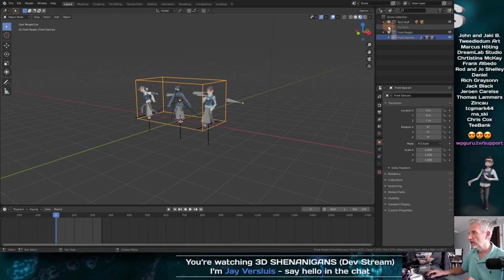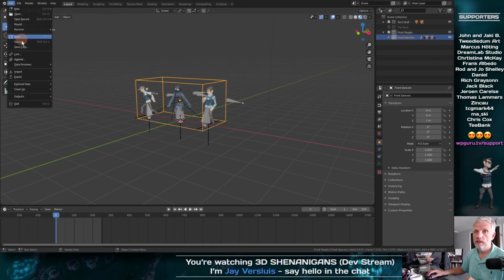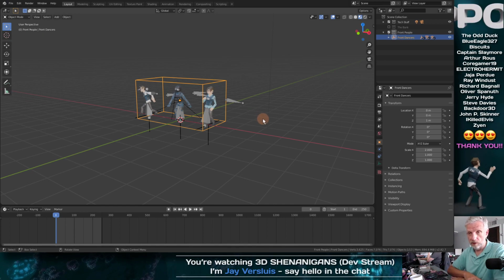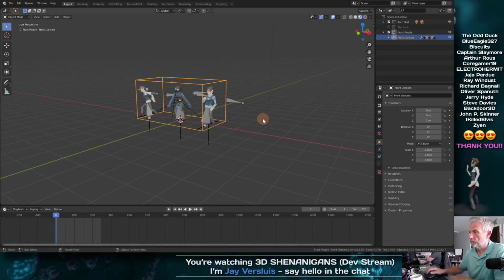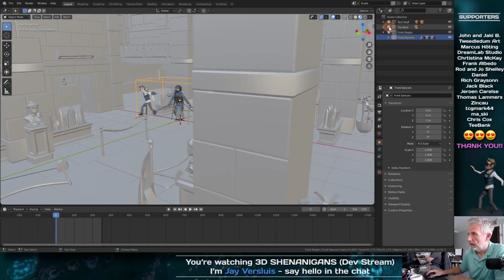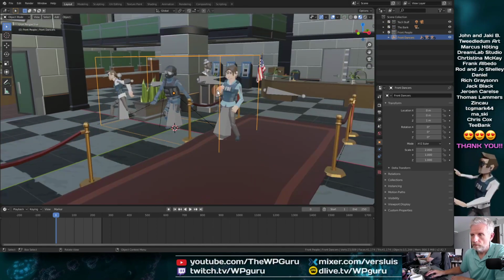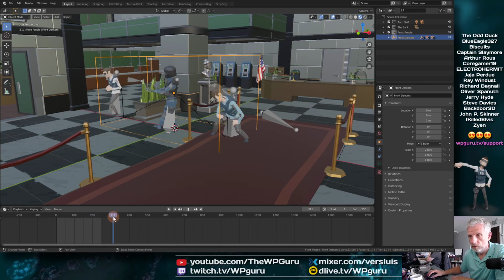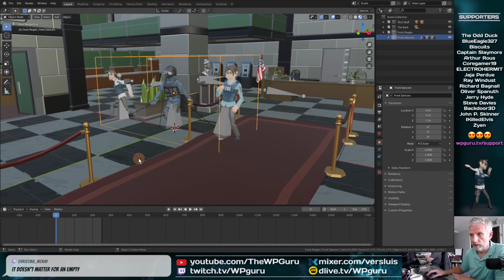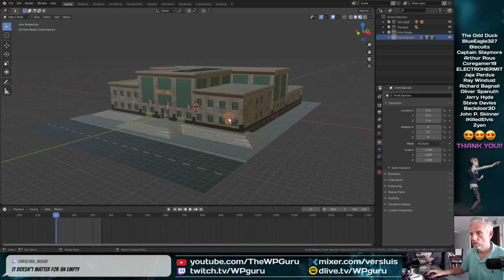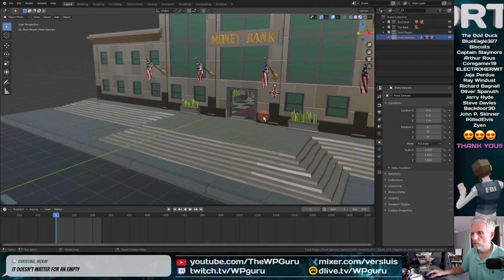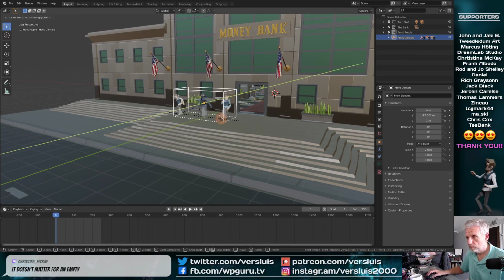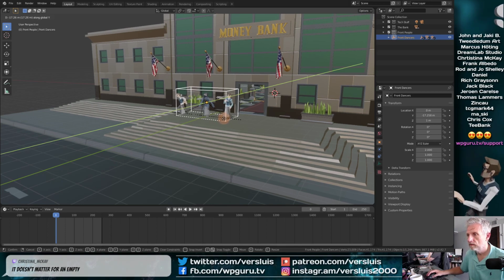Okay, so let's bring back the bank. In fact, let's save it now that we've done so much hard work on this whole scene. And if we haven't even gotten started yet, let's bring the bank in. That's kind of nice. So they're now dancing inside the bank. That's cool. But we don't want them to. We want them to dance outside the bank. GY will bring the whole gang outside.